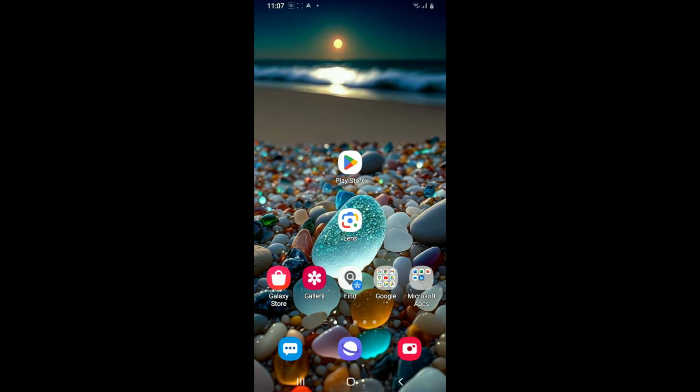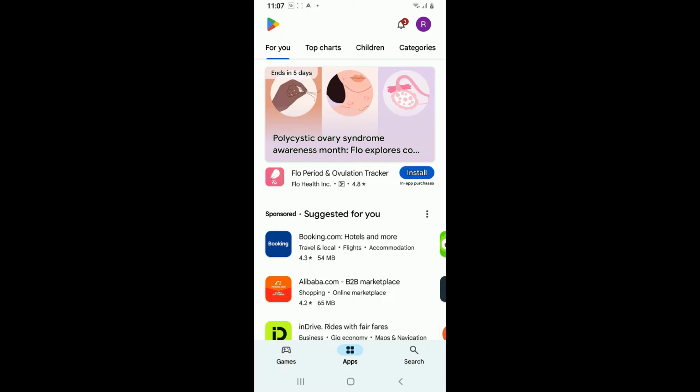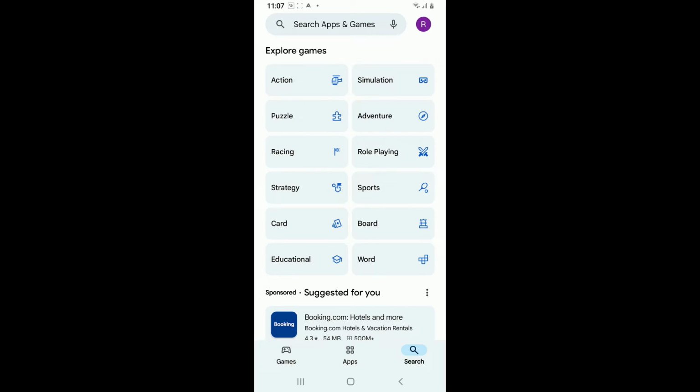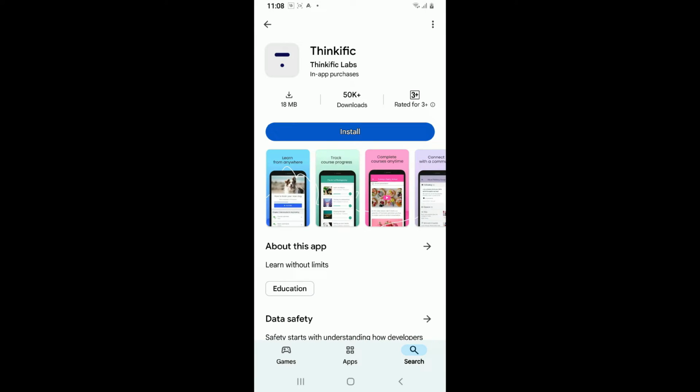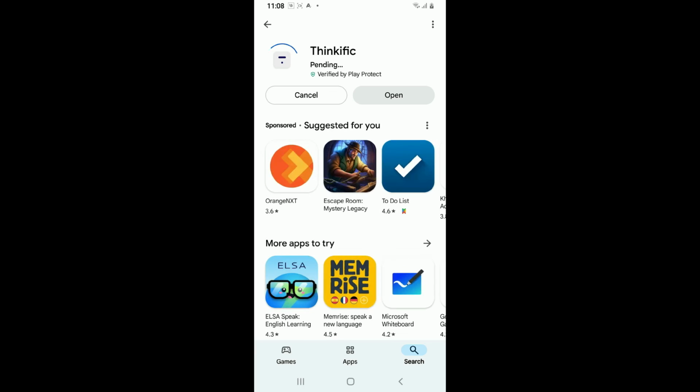First of all, make sure that your Android device is connected to a stable internet and then open Google Play Store. Once you open up the Google Play Store, tap the search button at the bottom right corner. Now go to the search box at the top and type in Thinkific. Once you find the Thinkific application from Thinkific Labs, tap on the install button to start downloading the app on